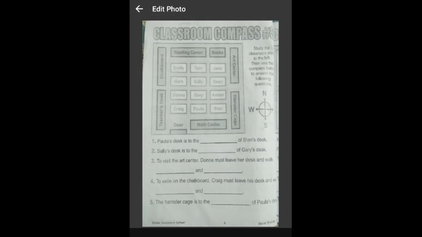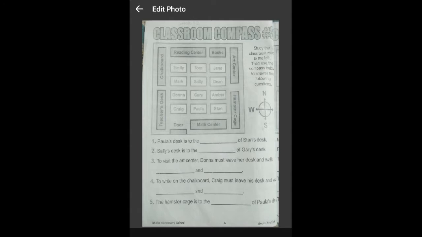We will continue with the same topic, that is directions. Let's have a quick review of our last class. We have learned in our last class about the four cardinal directions that are north, east, south and west. We also solved the classroom compass 1 and 2, that is page number 4 and 5 of your book, where we identify the direction of a given person or thing from a particular location. Now in the same manner we are going to solve page number 6 today and 7 as well, right?